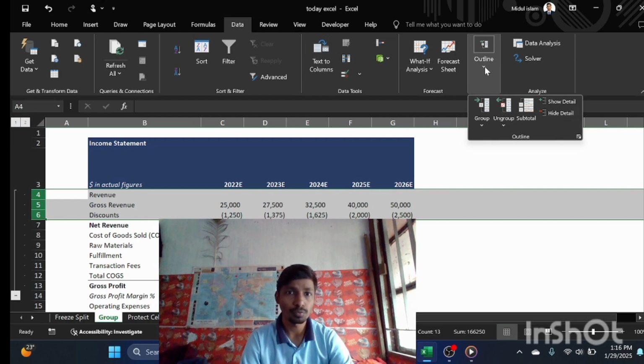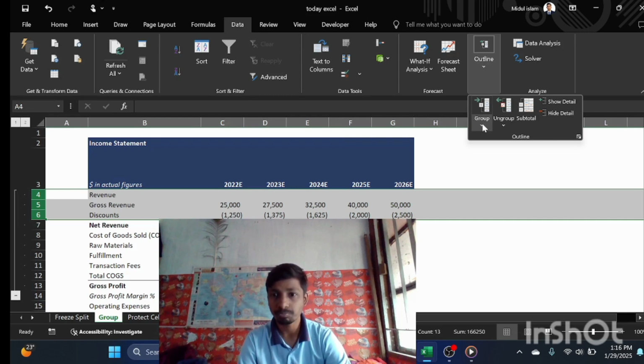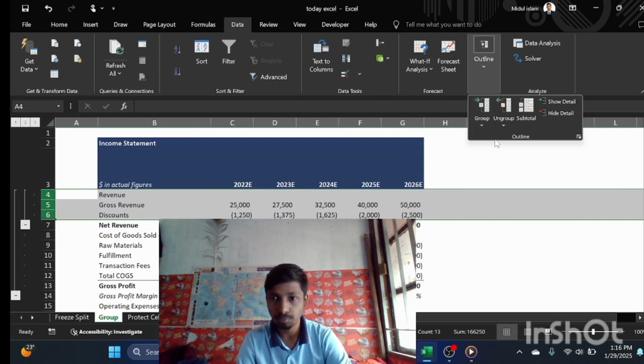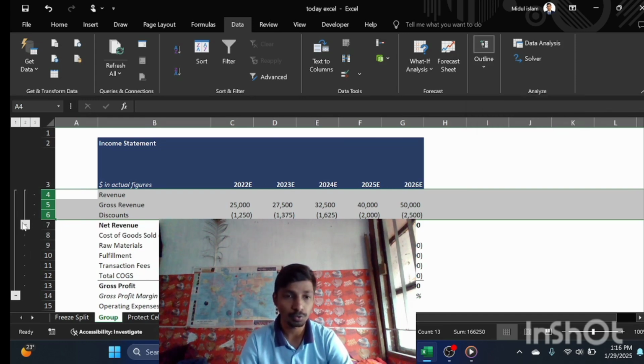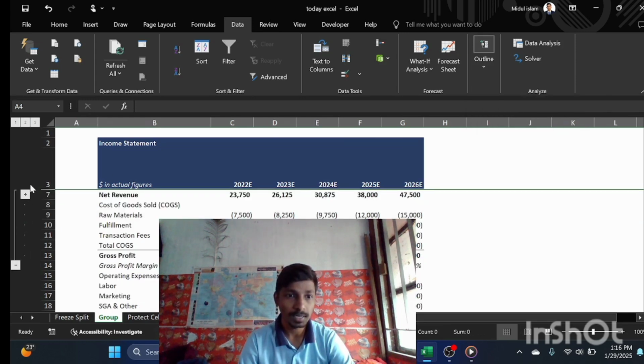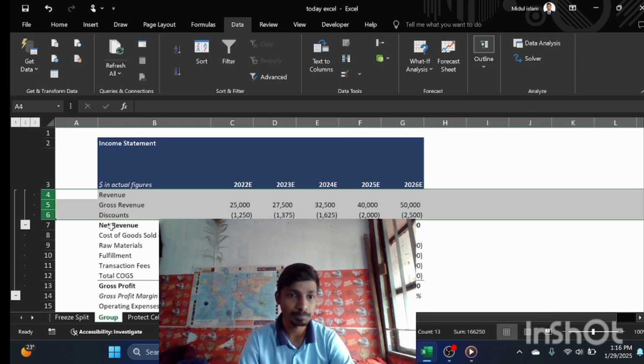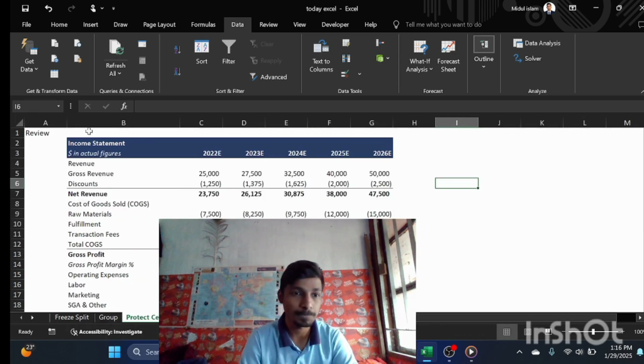Now we select the Data button and then Outline and then Group Data and then Group, and show the group data and the height. This is the group and show the group data and then we show the product sale.